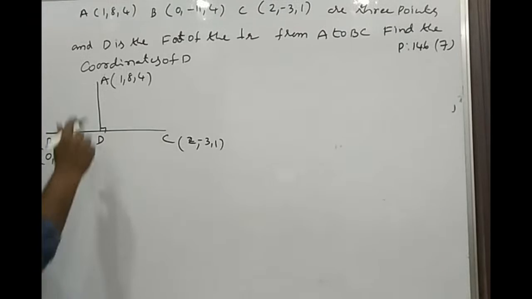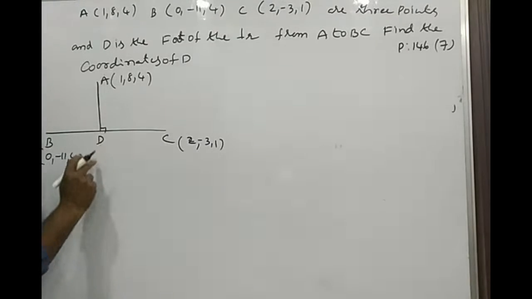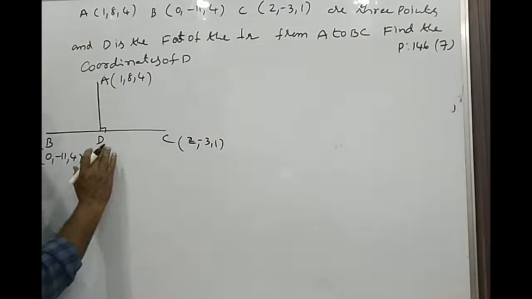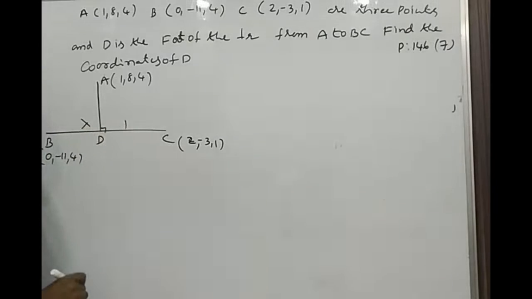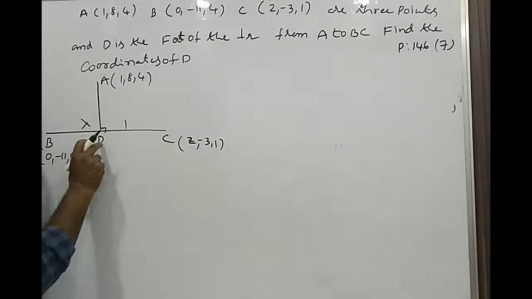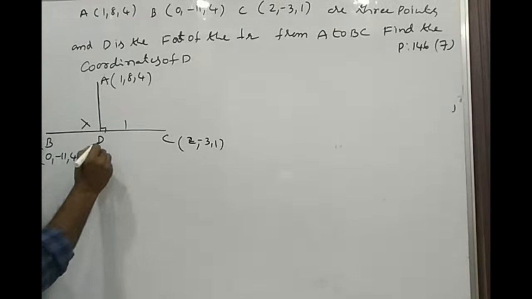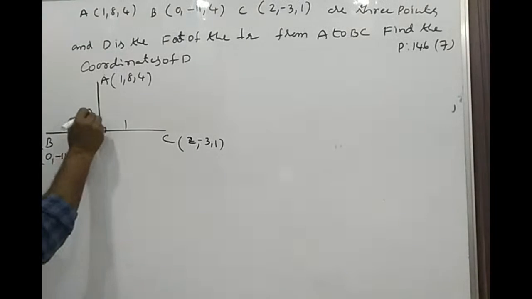So here this line divides BC, and the ratio is not given, so I am taking D divides BC in the ratio lambda is to 1. Friends, apply the section formula. What is the section formula? For ratio m is to n,